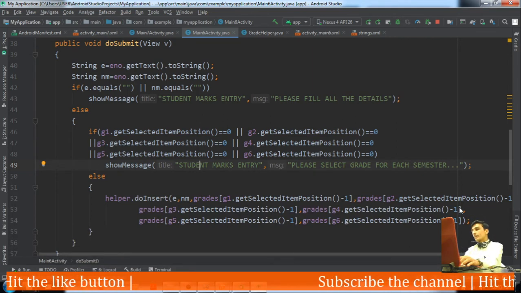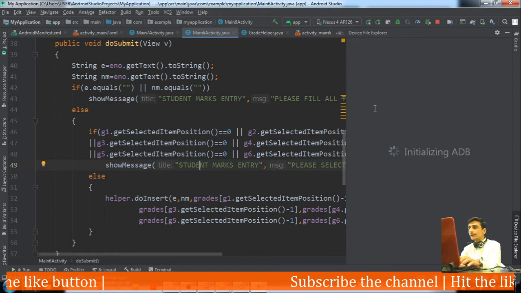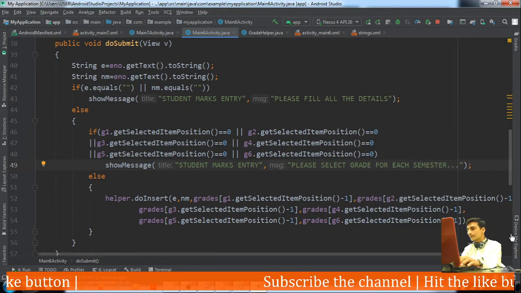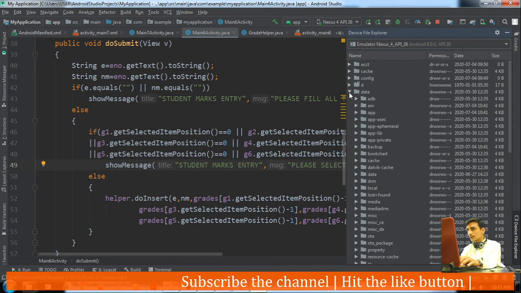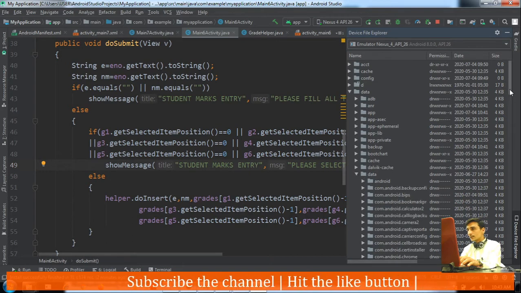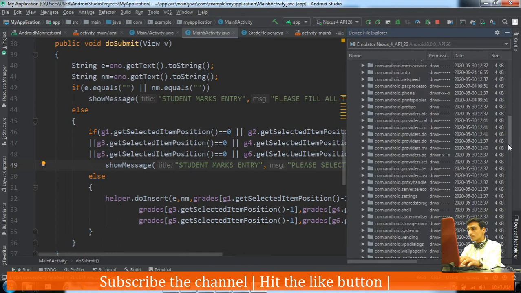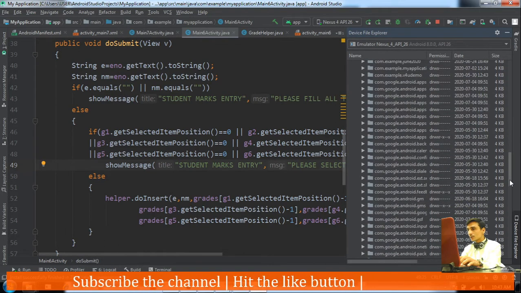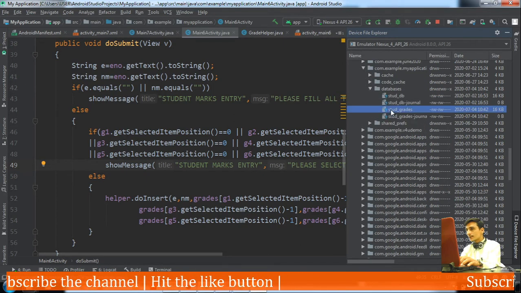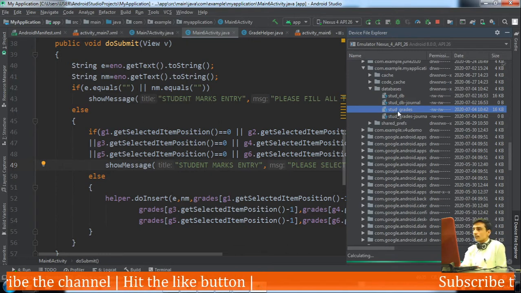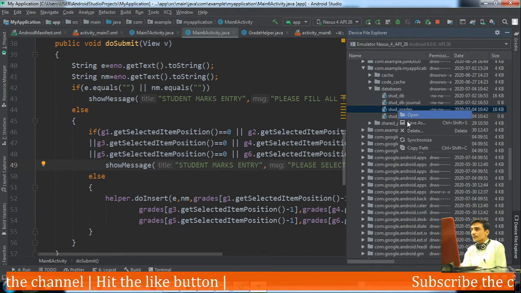By opening this device explorer, inside it there is a folder, data, and a data subfolder inside it. Then the name of our package, that is com.example.myapplication. Then database, that is student grade. Now let us download this database with Save as.